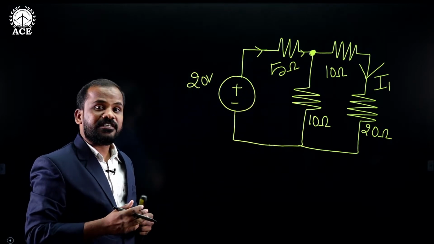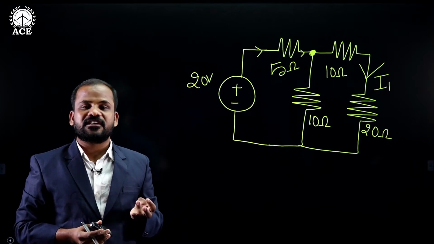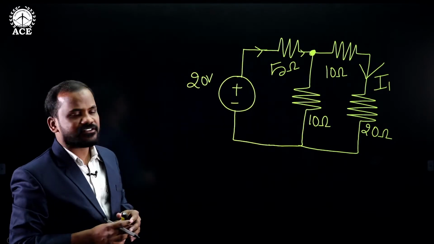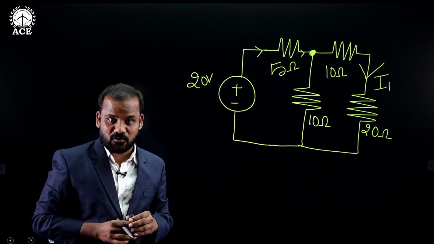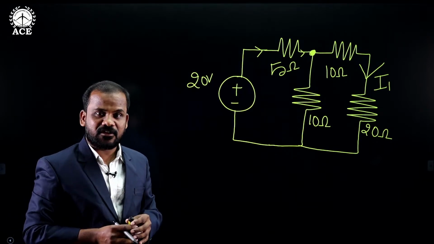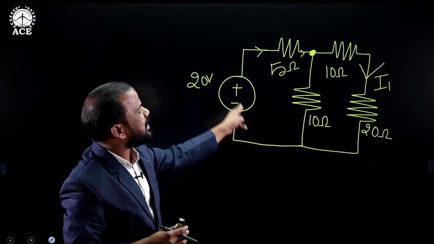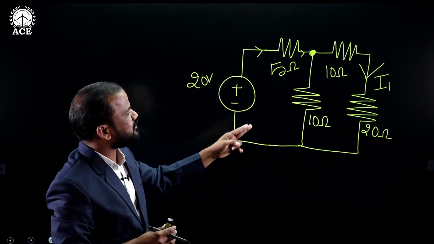We already discussed how to calculate the equivalent resistance in the given network, and we already discussed that procedure. Yes or no? Now see, if you know the value of R equivalent, that is the equivalent resistance, then by using the formula I is equal to V divided by